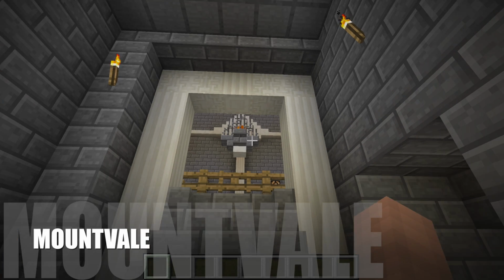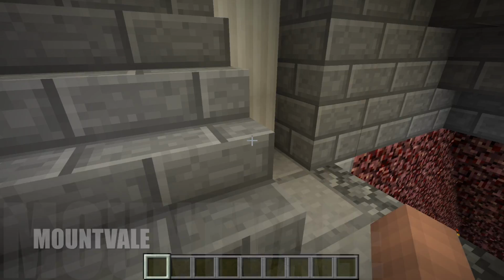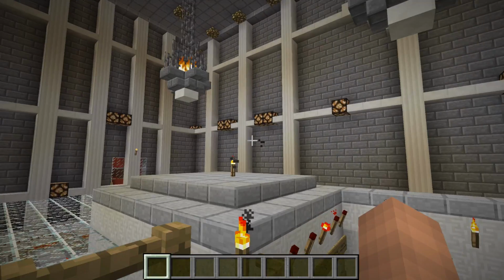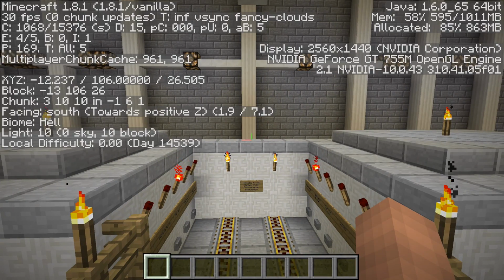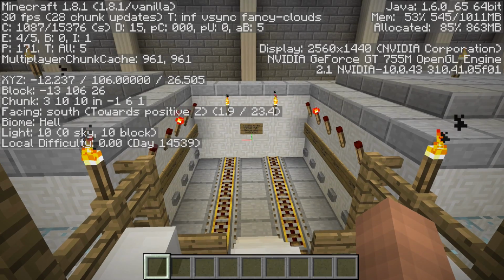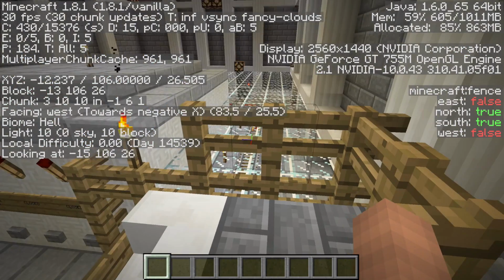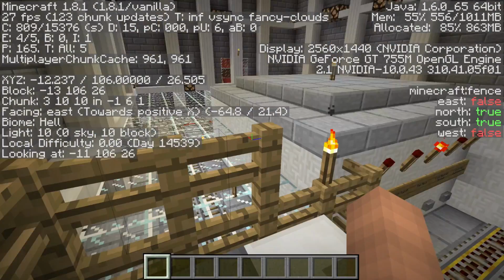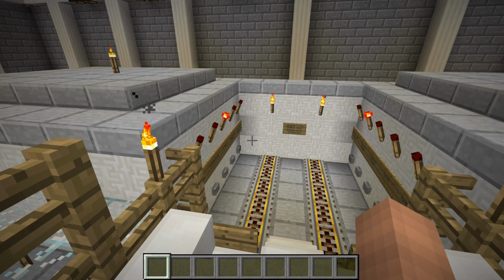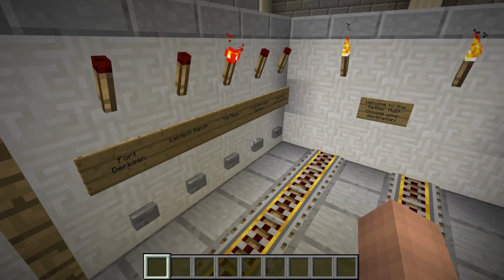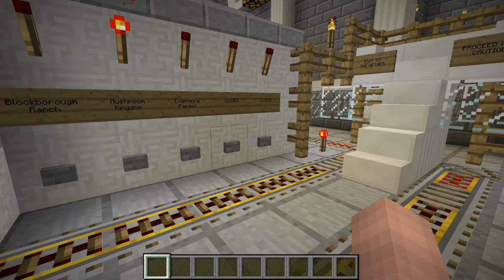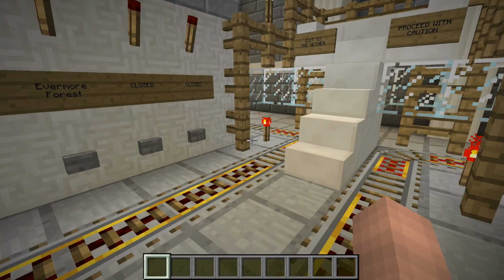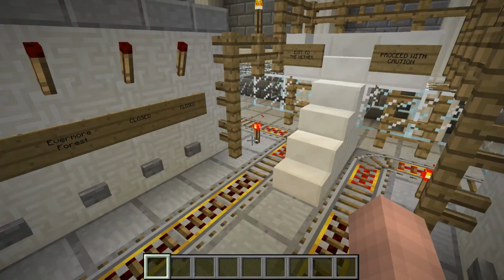Alright, so I'm here on the Mountville server in the Nether, and this is our Nether Hub that we have set up here with the wiring that I set up in an east-west direction. Let me go ahead and go into F3 mode again. So this is exactly the same as the one that I just showed you guys in that creative world, facing west for that line of wiring and facing east for this line of wiring. And this is basically what it looks like. We've got all of our destinations over here. Those two don't have any tracks going to it, so they're just kind of dummy destinations. And basically,